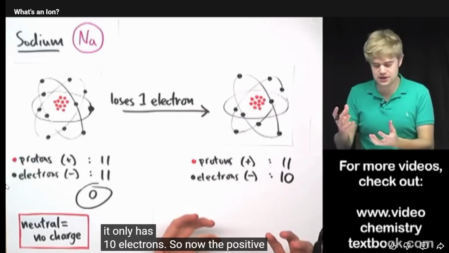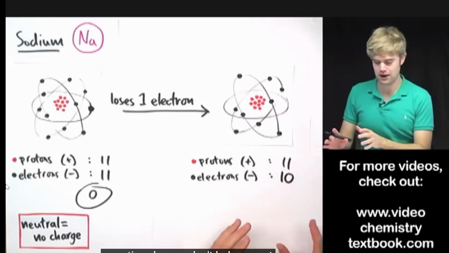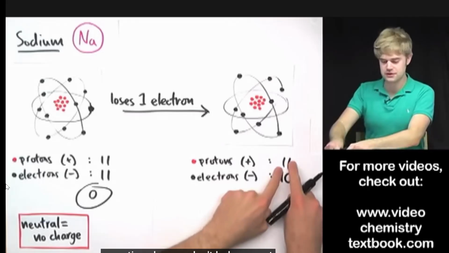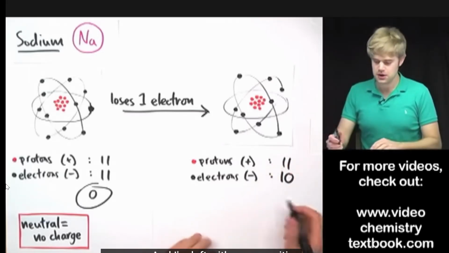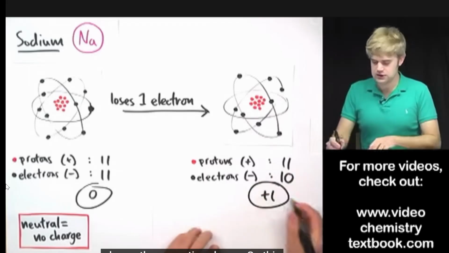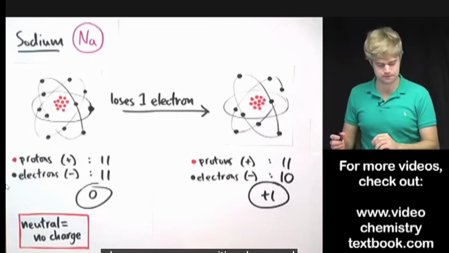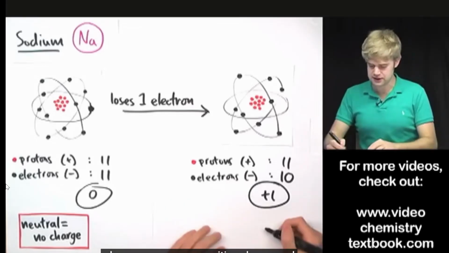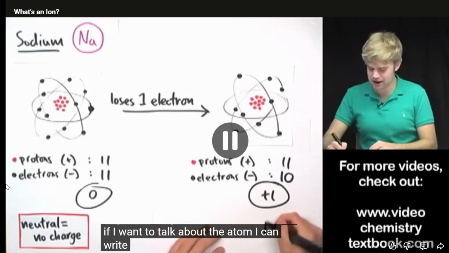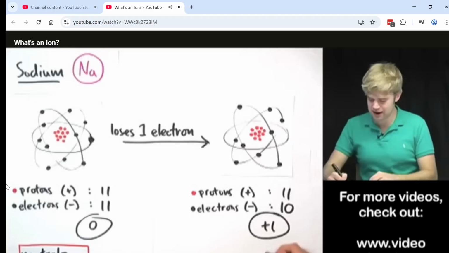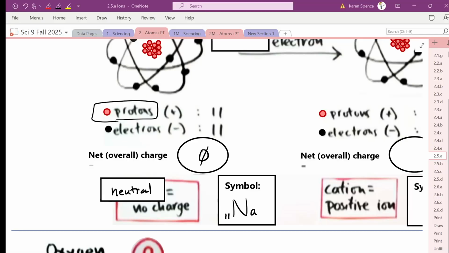So now the positive and negative charges don't balance out anymore, and I'm left with more positive charge than negative charge. So this thing now is going to have a charge of plus 1, one more positive charge than negative charge. And so if I want to talk about the atom, I can write it. Okay, and we're just going to fill this in together. So we now have a net